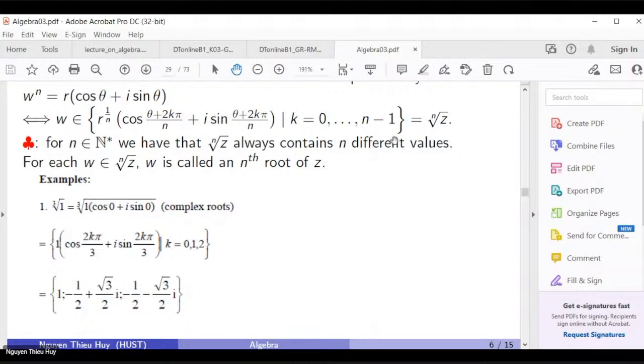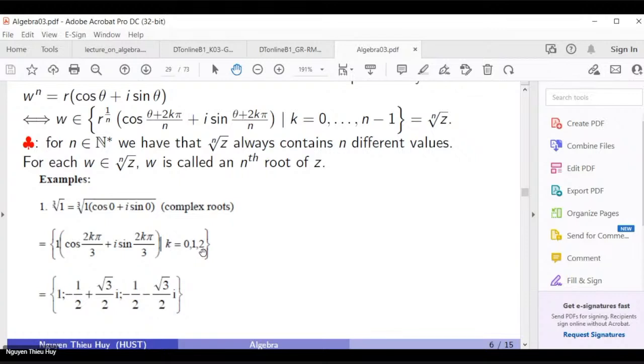In this case, n equals 3, and the angle theta is 0. So you obtain cos 2k pi over 3 plus i sin 2k pi over 3,